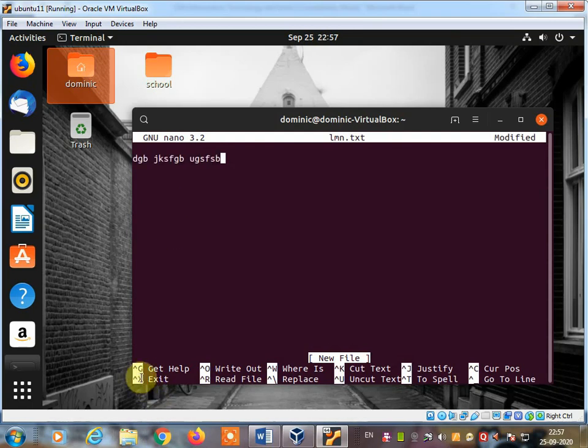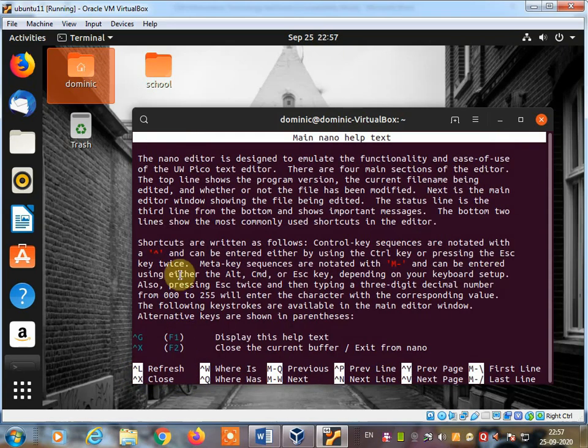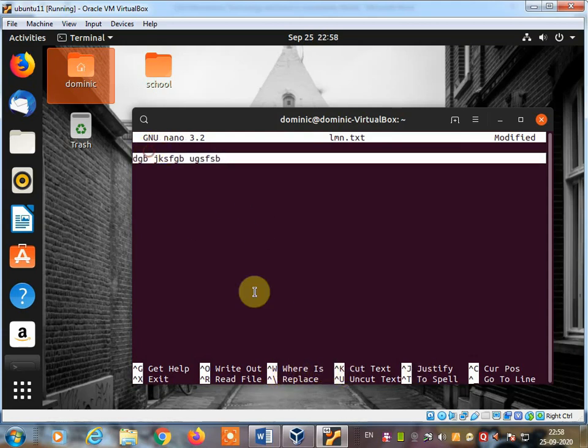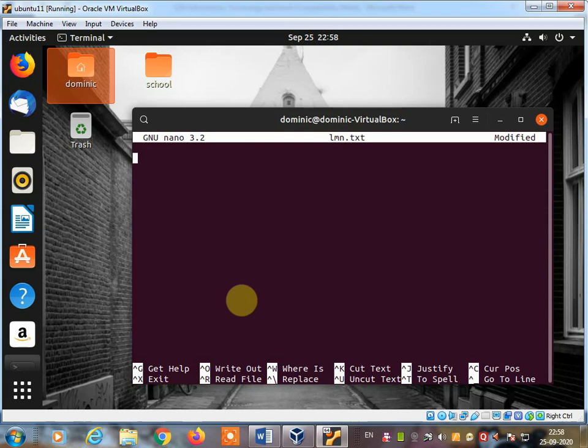So here different controls are given. Control plus G, get help. Once you press Control and G, it will display the help. You want to go back, Control X, then Control O, write out. Control W, where is. Control K, cut text. You want to cut this text, Control K you can press, so the text will go.